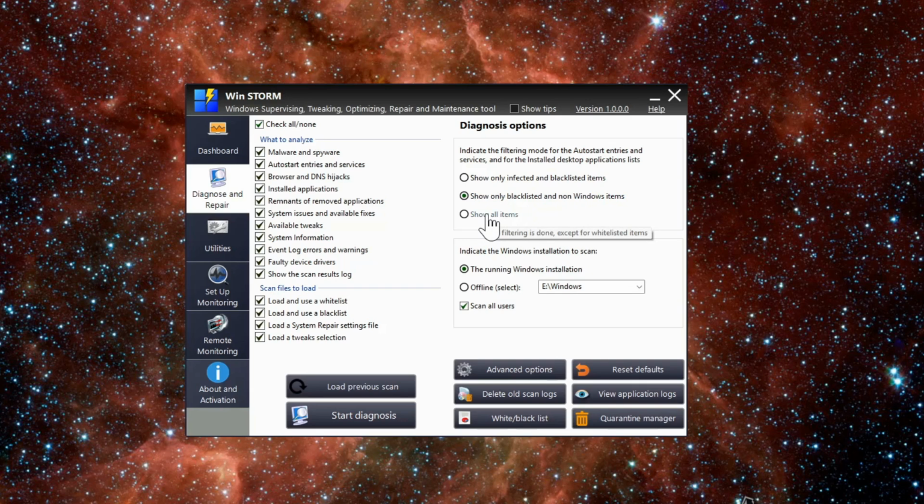Note that regardless of which option you select, whitelisted items are always hidden and blacklisted items are always displayed and checked. The next thing to do is to select the Windows OS to scan. If you want to scan the current online Windows OS, select the option The Running Windows Installation. Otherwise, click Offline Select and then select in the drop-down box to the right the desired Windows OS drive to